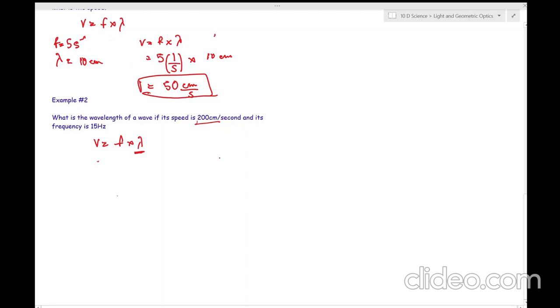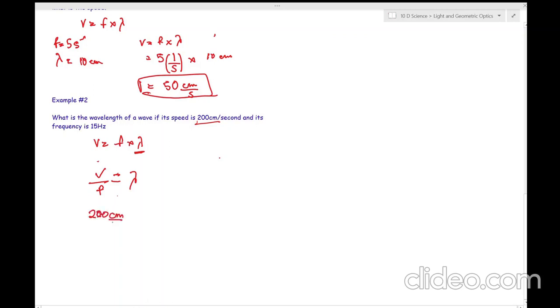And so if I look at what's happening between frequency and lambda, there's a multiplication there. So in order to get rid of that, I have to reverse that multiplication. So we have to remove the frequency to the other side of the equation. So we've got v over f is equal to lambda. So when I start plugging in my information, I know my v value, which is 200 centimeters per second. So I'll write that on there, 200